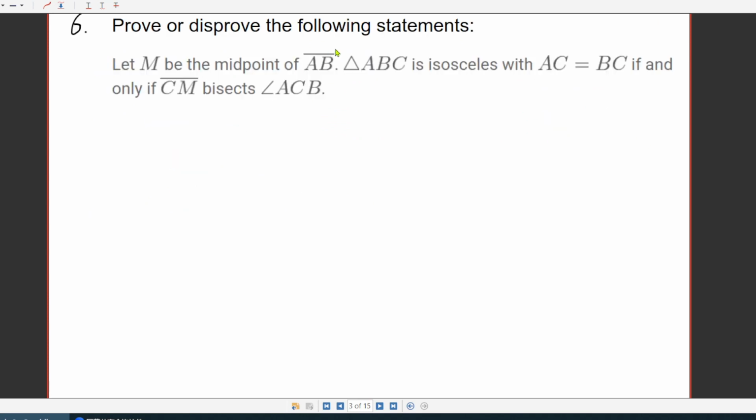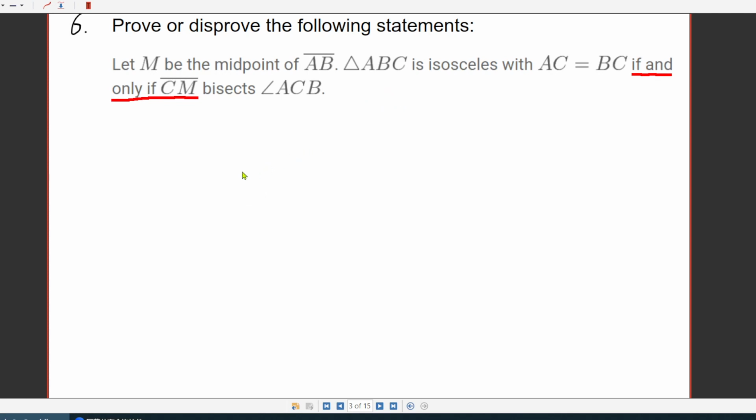Okay, prove or disprove the following statements. Let M be the midpoint of AB, triangle ABC is isosceles with AC equals BC if and only if CM bisects angle ACB. Okay, we have a statement if and only if, so if you want to prove this is true, you should prove either direction of the statement is true, right? So first of all,